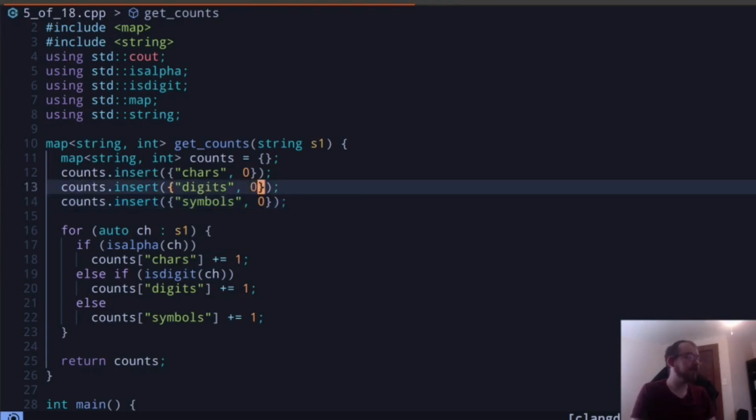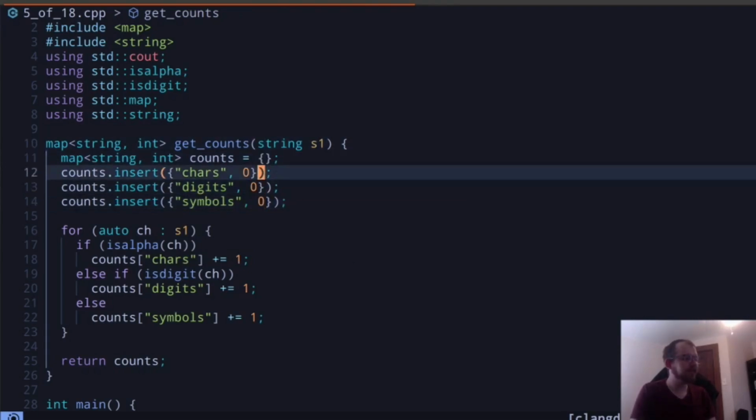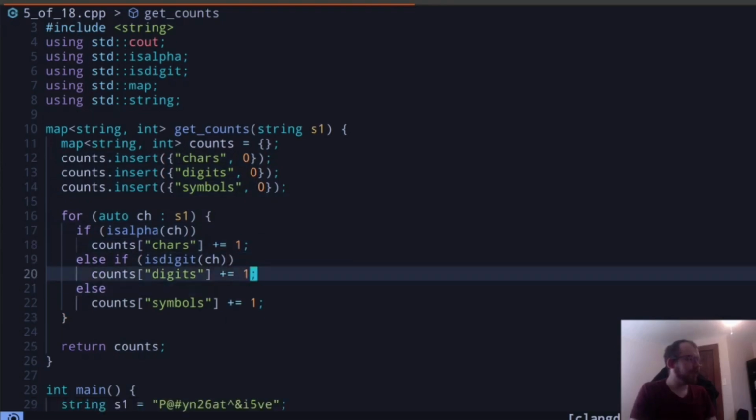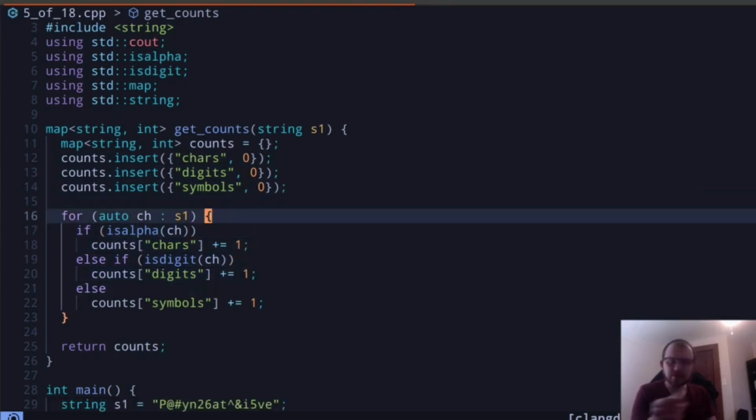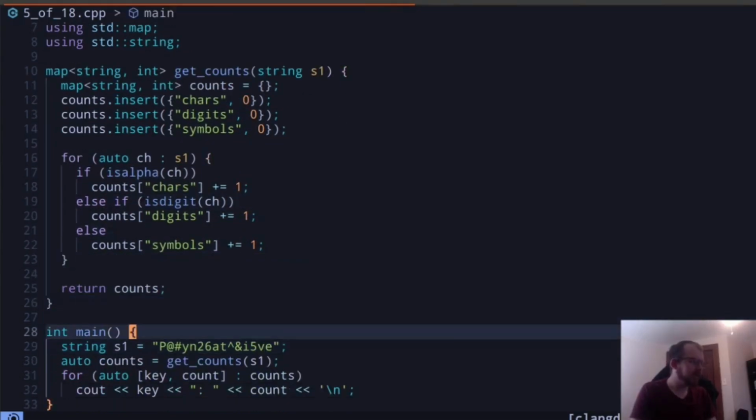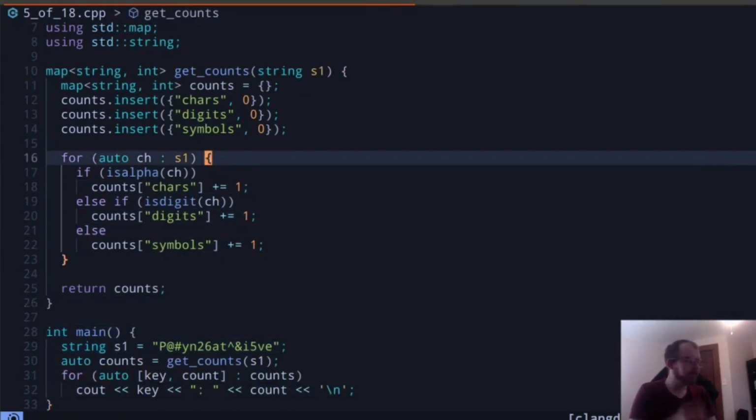And then what I do, once I have this map established with these three key-value pairs, I go down here and I loop through the string that I pass in, right? So I pass in this crazy looking PyNative string here, and I say for each character in the string,